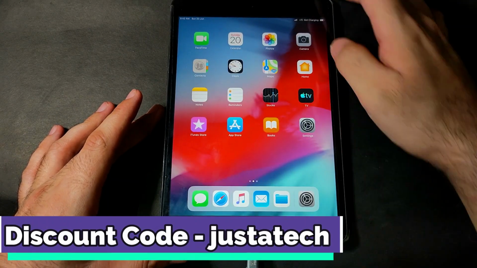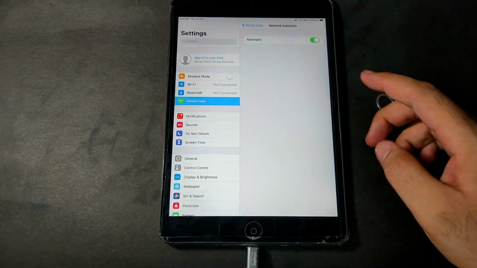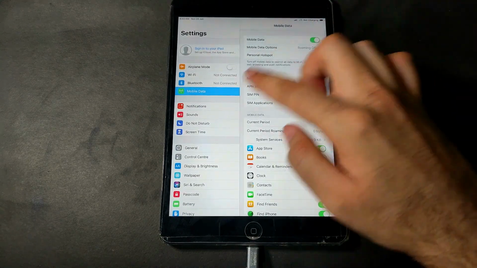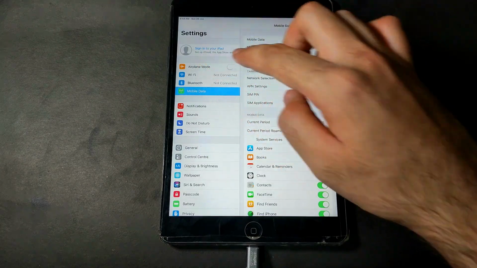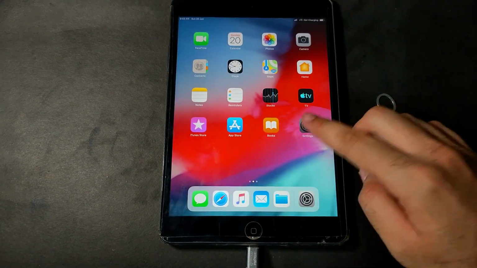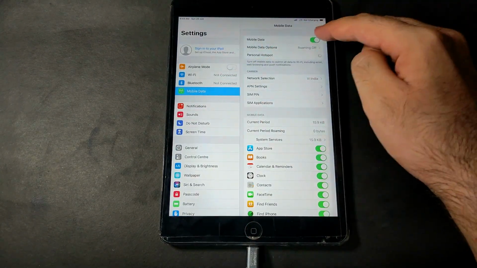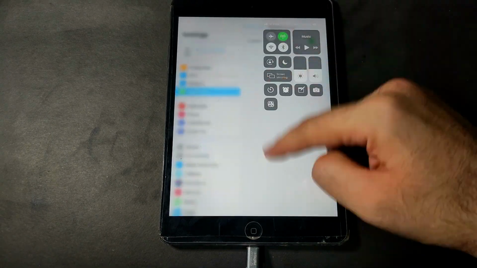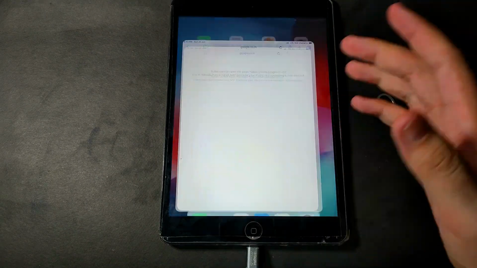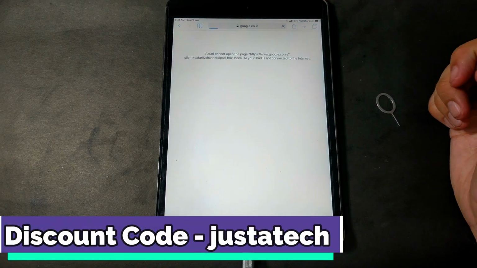Now as you can see, my operator logo and symbol are here, and you can see the signals and the carrier name. You can also go to the SIM mobile data connection settings and refresh your network selection, and that will be completely fine. I have done all the settings. My data connection is perfectly working and it's switching on and off. Now I will surf a website and show you the practical.